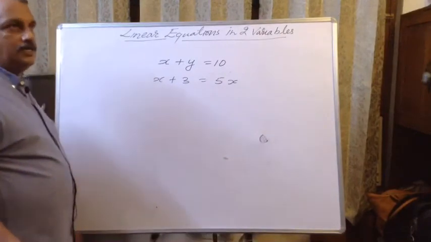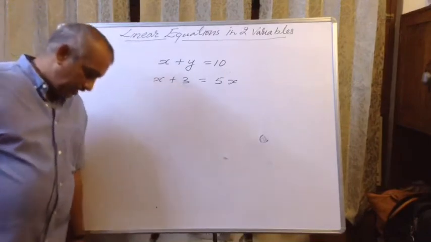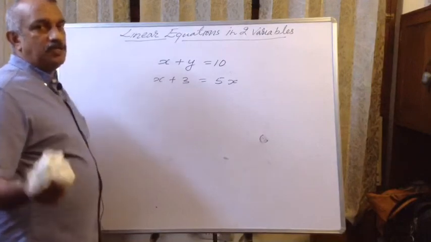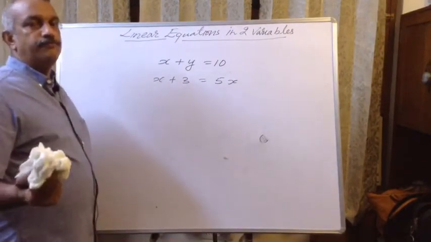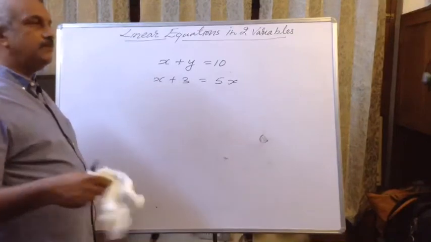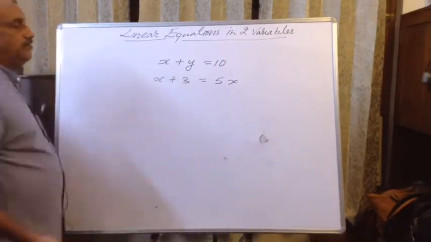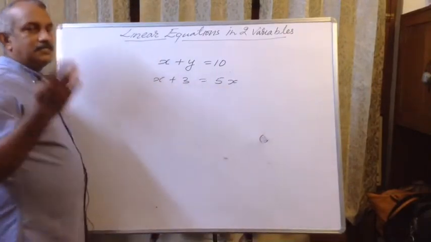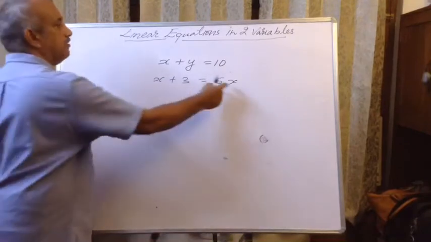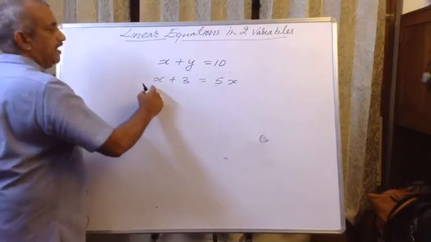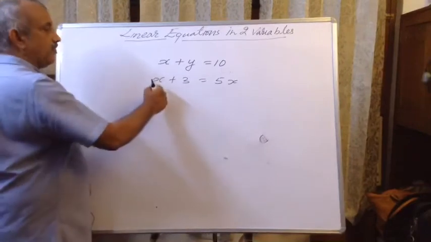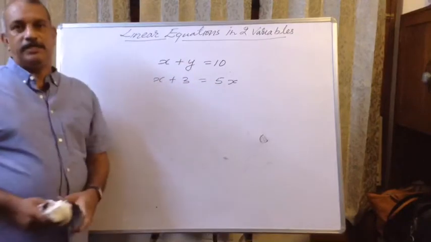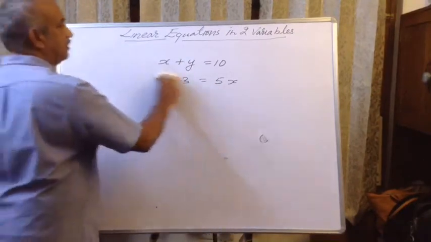If x and y are involved, see, normally we use x, y, z. It can be any variable, don't get confused. It can be p, q or x, y, a, b, any variable. So in this case, for convenience we take x and y. Now in the earlier one x is coming twice, but it is considered a linear equation in one variable only because it can be simplified. Then we will get minus 4x is equal to minus 3 or 4x is equal to 3 only. But here x and y are there, so it is considered a linear equation in two variables.